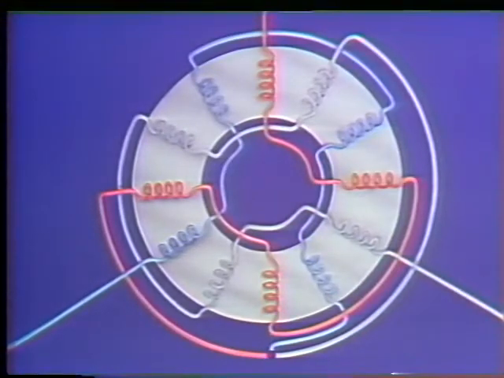In a 4-pole stator, there are 12 coils, 4 poles for each phase. The magnetic field of a 4-pole stator turns half as fast as the magnetic field of a 2-pole stator. The greater the number of poles in the stator, the slower the rotation of the magnetic field. This is important because the speed of the stator field affects the speed at which the rotor of the motor